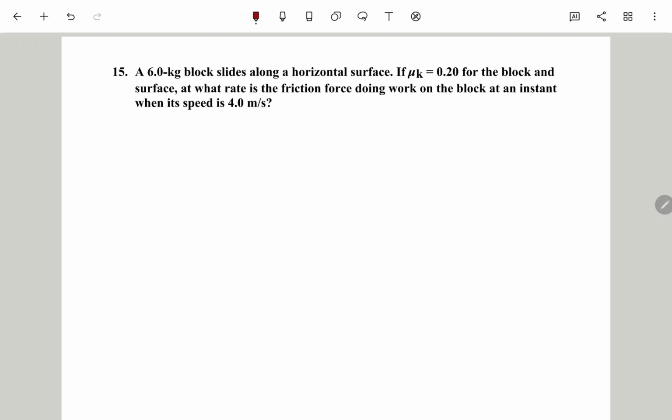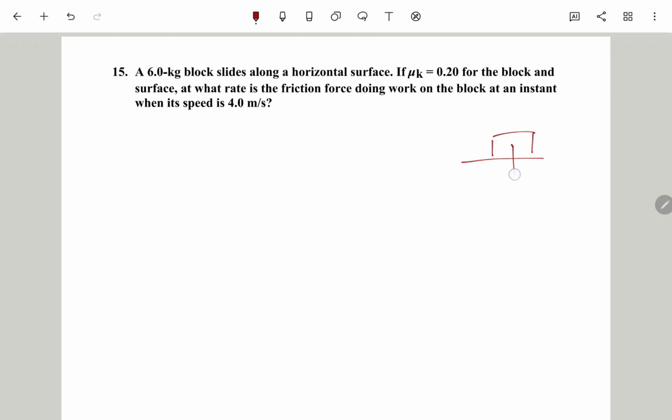A 6 kilogram block slides along a horizontal surface, if mu k, the coefficient of kinetic friction, equal to 0.2 for the block and the surface. At what rate is the friction force doing work on the block at an instant when the speed equal to 4 meters per second? Now we have a block here,